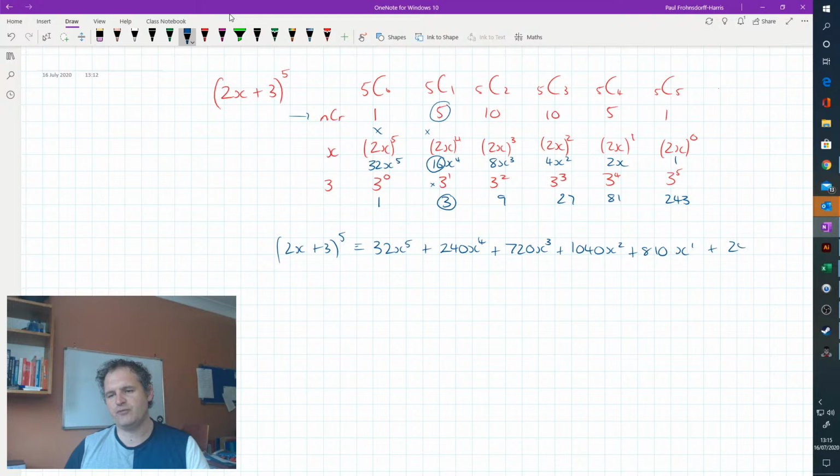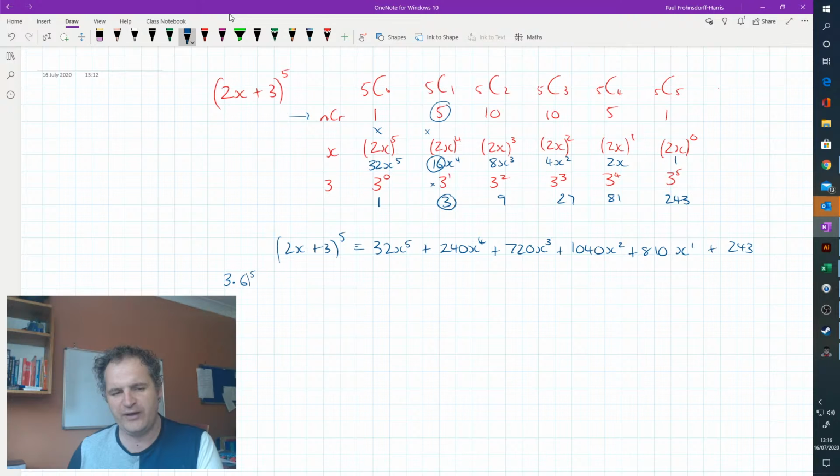And then 243 on its own. Now the reason this is useful is we could then very quickly know, if we were trying to put numbers in, for example, work out what 3.6 is to the power of 5, and I was trying to do this manually,